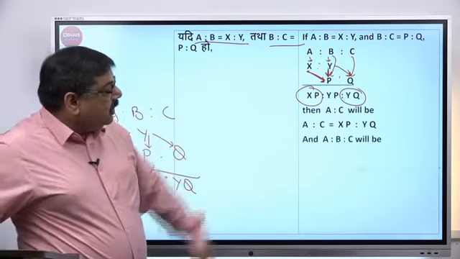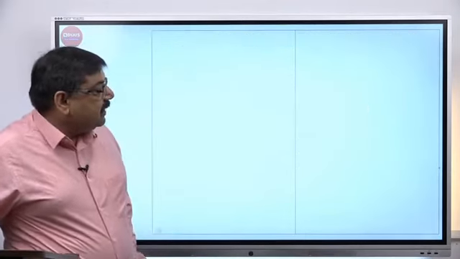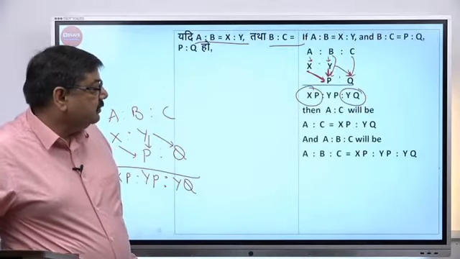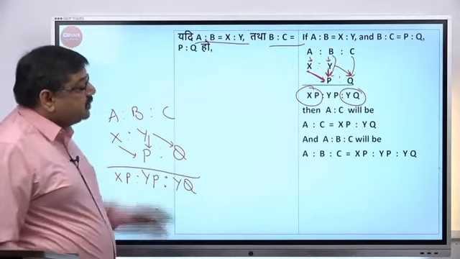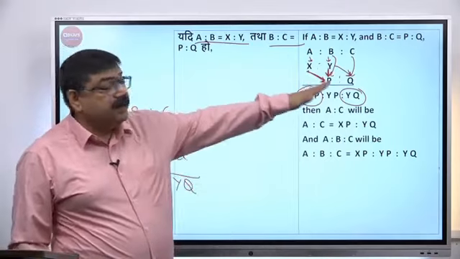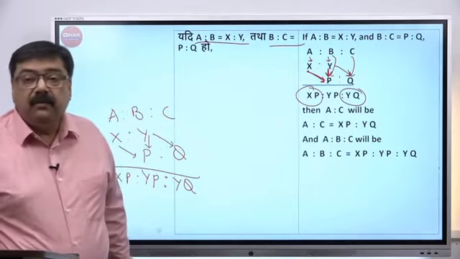Now as it is, we have already found out A is to B is to C. हमने A is to B is to C यहाँ पर निकाल ही दिया है, ठीक। तो इस प्रकार आप A और C के बीच का रेशियो जो है, अनुपात जो है, वो निकाल पाएंगे।